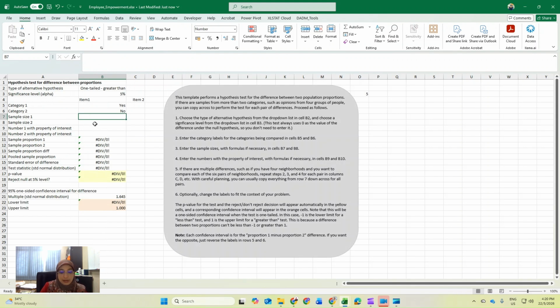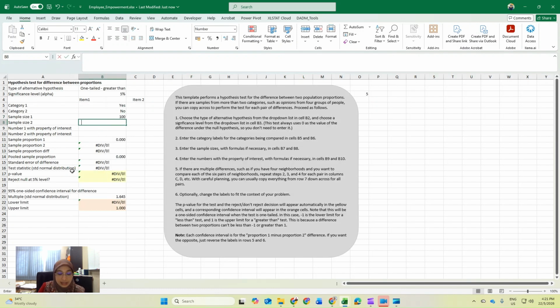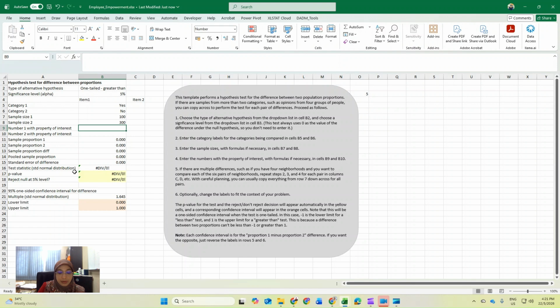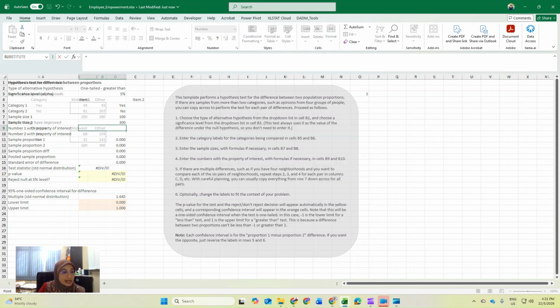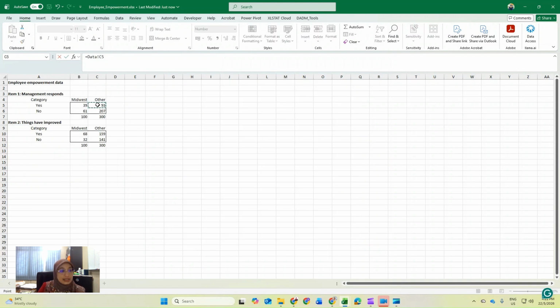Go back here. Sample size 1 is for item 1, the first group, and the second group. Number 1, yes in Midwest, equals to yes in others.